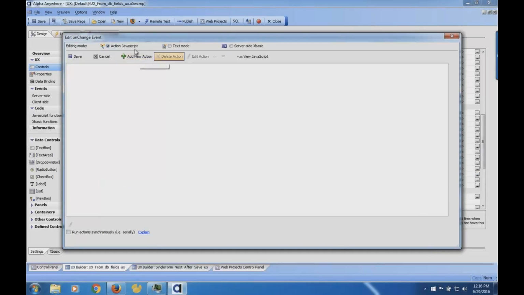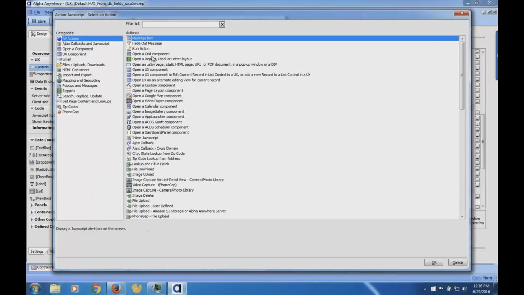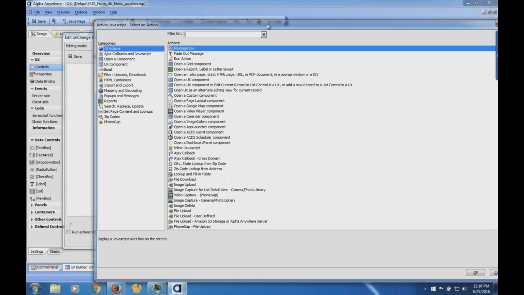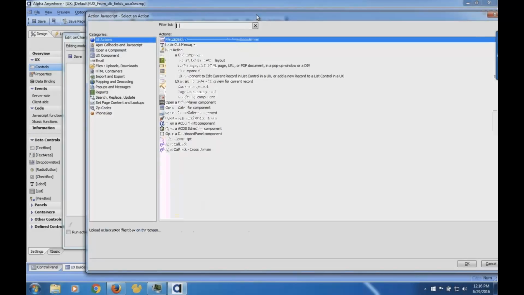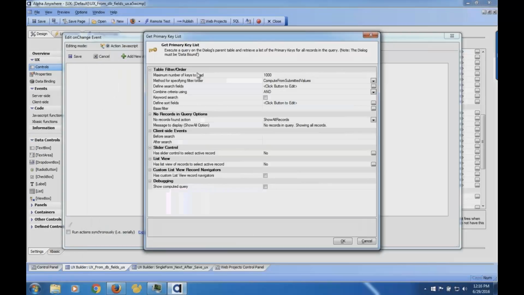Now I've got add new action, and this is the only tricky part, and I'm sure why the individual couldn't find it is that you would think it would be like filter this, but there's actually a function here called get primary key values for records in a query. So that's the tricky part. I kind of was aware of where to find this, but you want to use this function here. This is a very sophisticated action JavaScript that basically grabs and updates the primary keys, what's shown in my form.